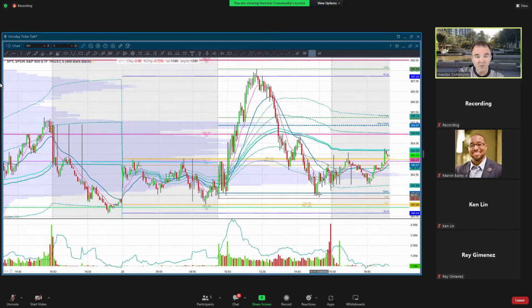But then we rolled over again, and then we came right down to the opening print. And we bounced there a little bit into the close, and we've gone sideways a bit, and we've started moving up. The moving up actually in the after hours is a bit of a surprise to me, considering how Meta is just getting slaughtered, and we'll look at that in a little bit. So this is sort of the picture of the last 24 hours.